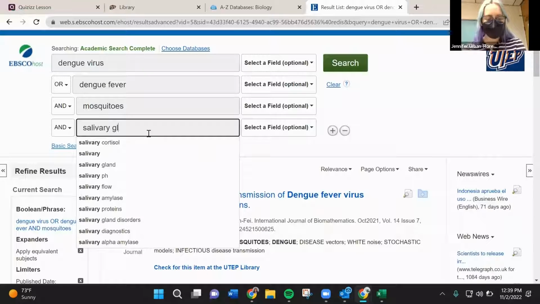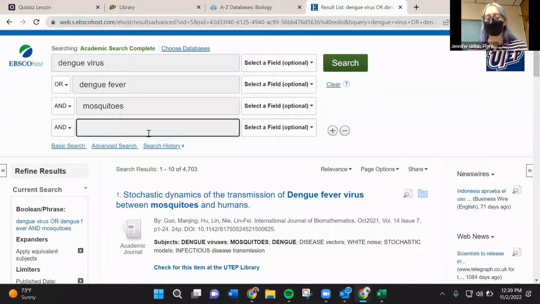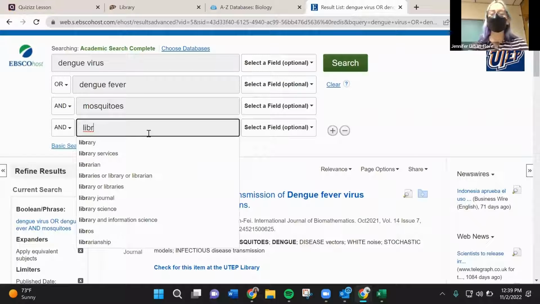So could I say something like salivary gland, and maybe I'll put an asterisk here because that asterisk will include anything that has the S afterwards. Do you see what I mean? It can include nothing or it can include different variations of words after that. For example, this is obviously not your research, but if I was trying to get library or librarian, I could do that.